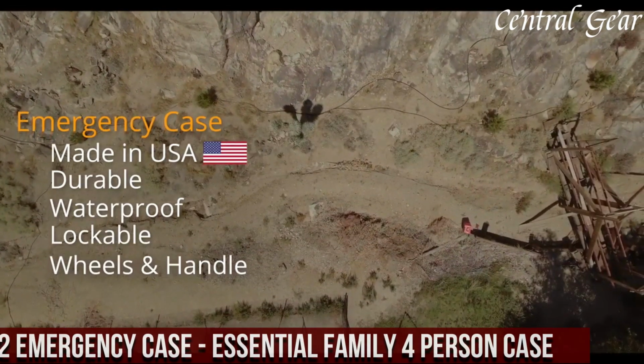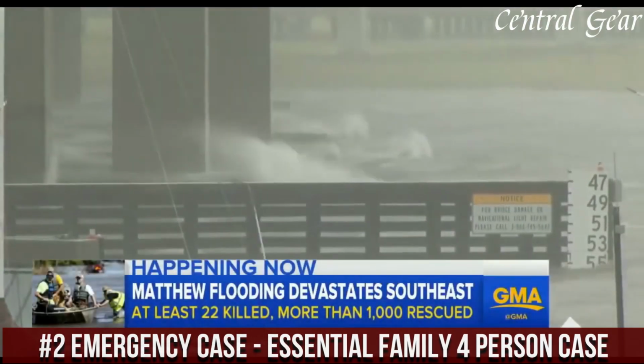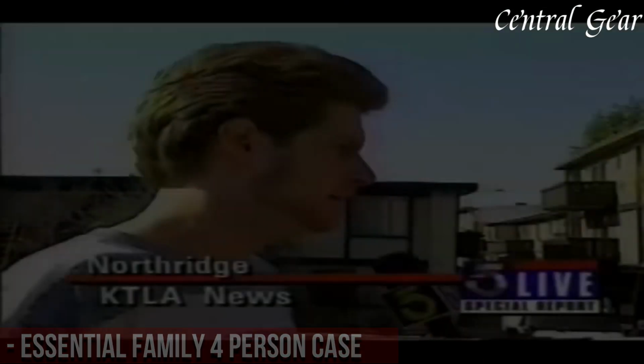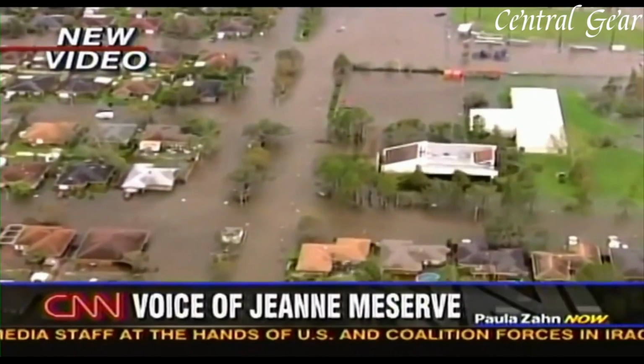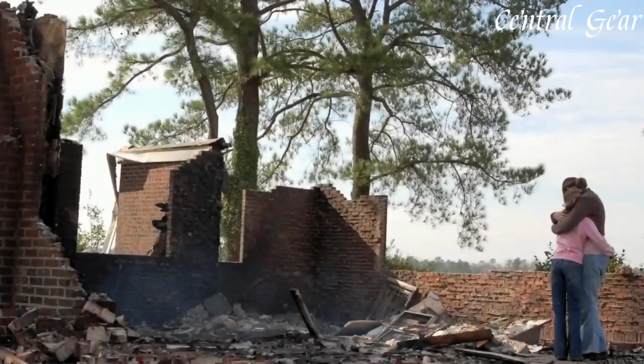Number 2. Emergency Case. Essential Family 4-Person Case is a meticulously curated emergency preparedness solution designed to ensure the safety and well-being of a family of 4 during unforeseen crises. Packaged in a durable, compact case, this all-in-one kit provides essential supplies and tools needed for survival over an extended